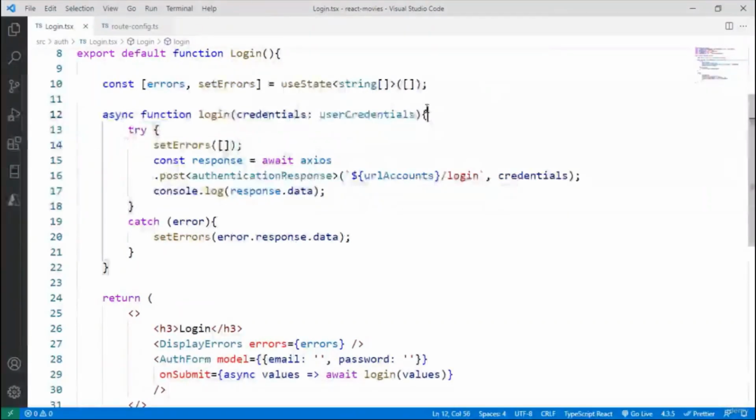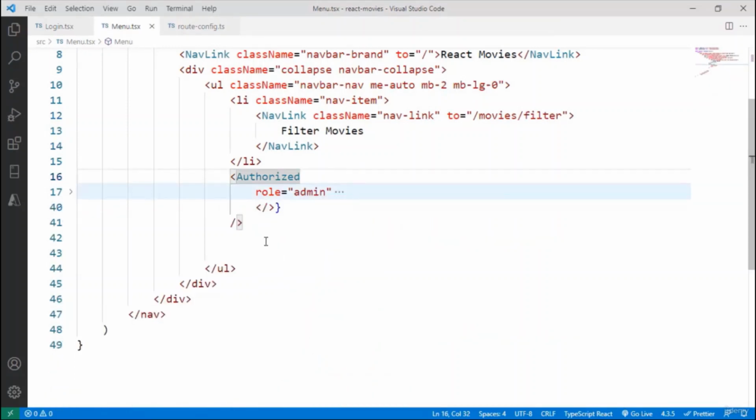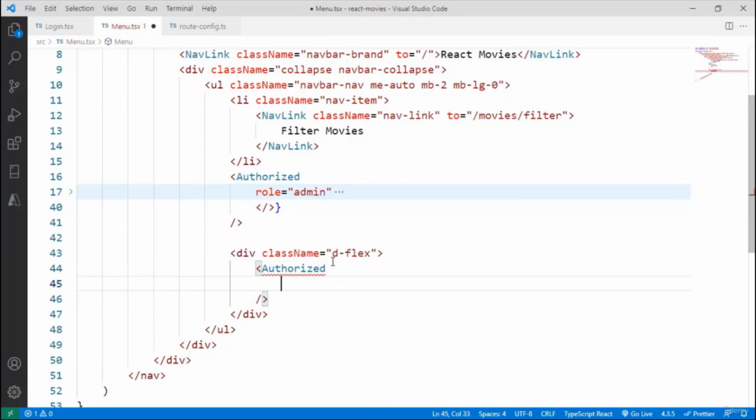So for that, let's go to the menu component. Let me go to menu. Let me minimize this so that we can see what we are doing. I want to create a div, class name, div flex. Then we're going to say authorize. We're going to use our authorize component, and if the user is authorized, we have to display a hello message and things like that,